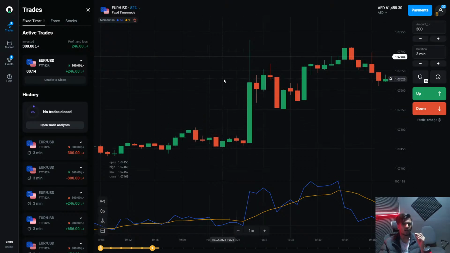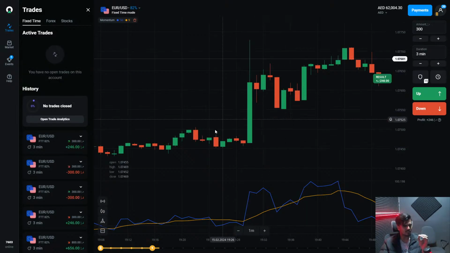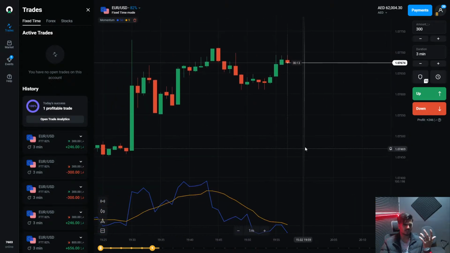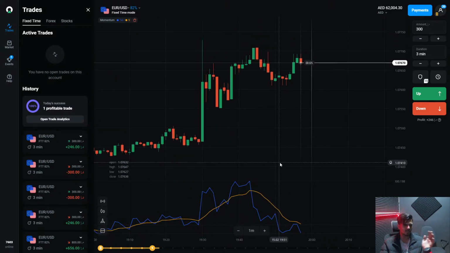So if I make the trade here, at the beginning time here, everyone thinks it will not cross here, even I do, but did you see, maybe in 1 second or 2 seconds it crossed till there. So rarely this comes, don't worry about it. See, as I told you, 100% profitable, the first profitable trade, 246 dirham we won. So now let me make another trade so you will understand everything very clearly.